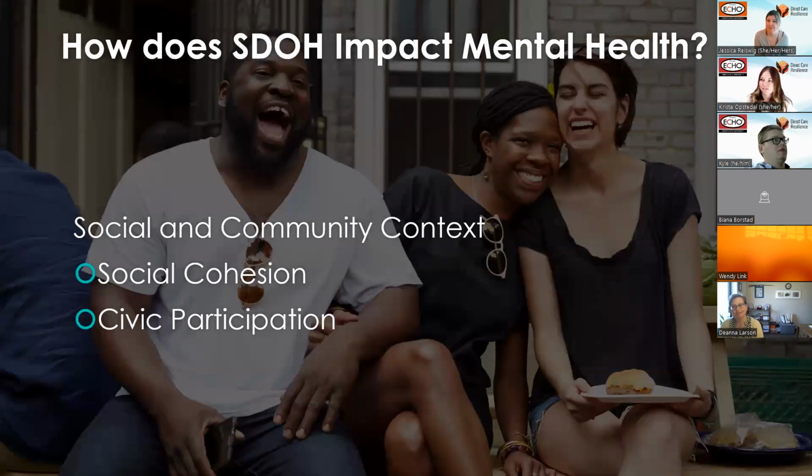So when we're talking about social and community context, we're talking about social cohesion, and this can be a positive thing towards somebody's health. People's relationships and interactions with their family, friends, coworkers, and community can have a really major impact on their health and well-being. So we want to see positive relationships in all of these areas because that's going to help reduce the negative impacts. You can create new relationships through civic participation.